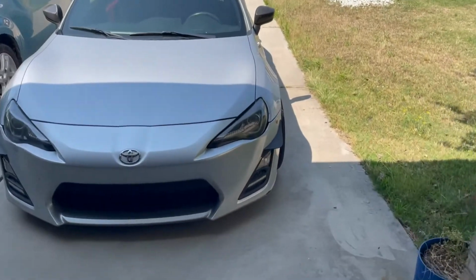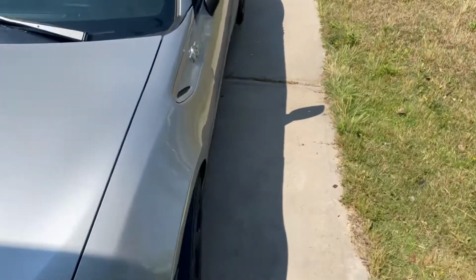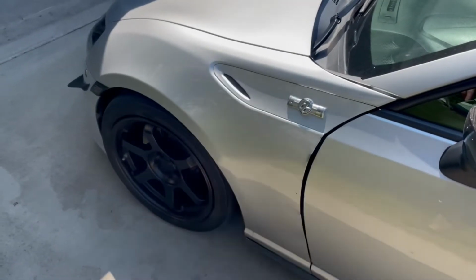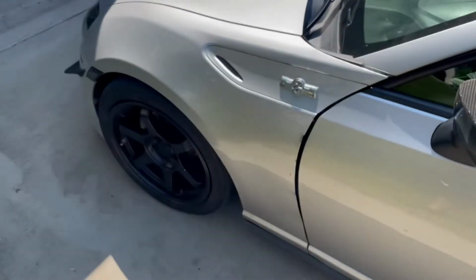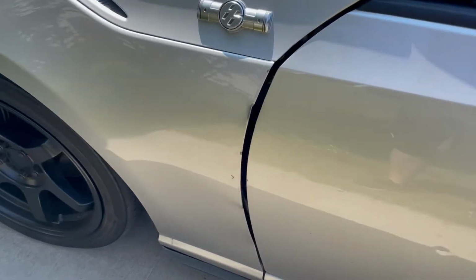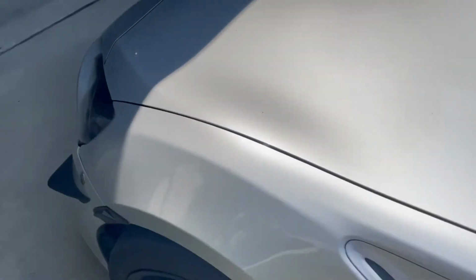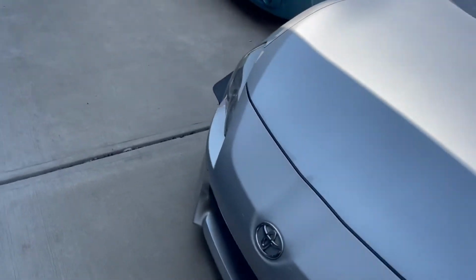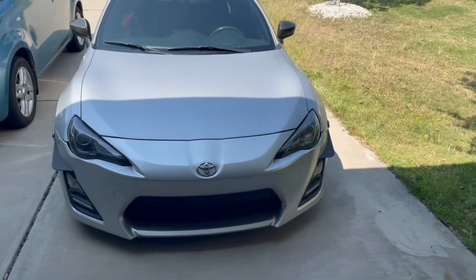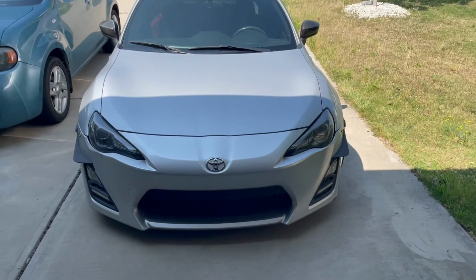One other thing I wanted to mention before I wrap up the video is I do actually have a new fender on the way for the car. As you've seen in other videos and probably my posts, this fender has seen better days. It's blown out, it's bent, it's dented, it's missing paint. But yeah, I ordered a new OEM fender from Toyota yesterday. I should have it on Monday, and I'll get it painted at work,